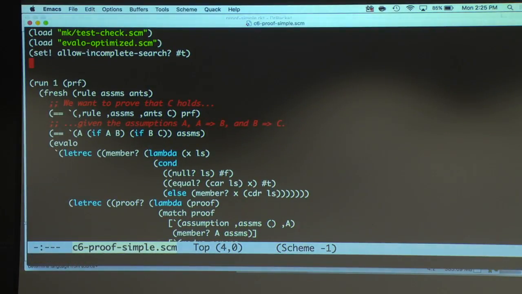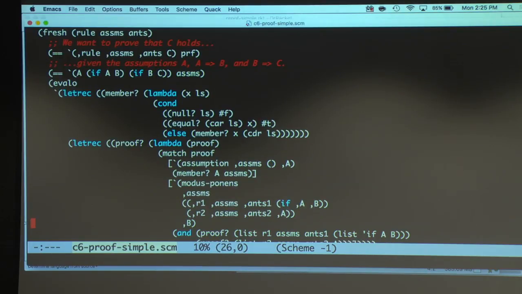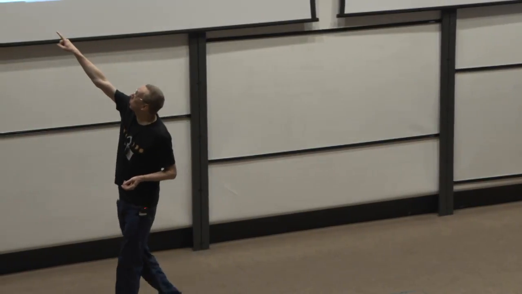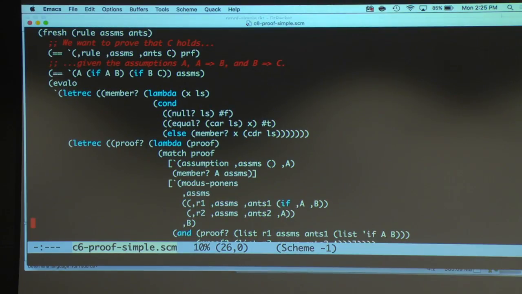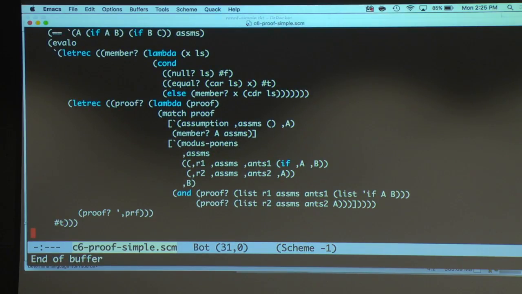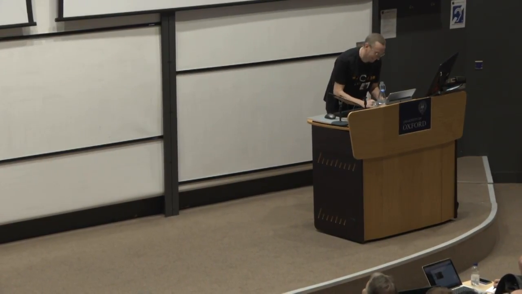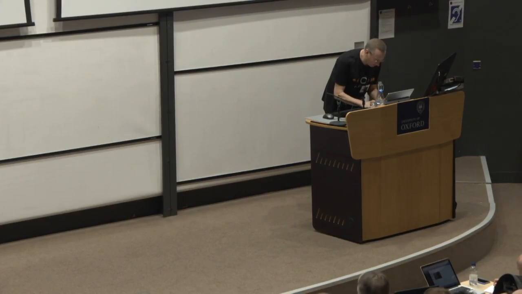OK, so now what we're going to do is take the code literally without changing it, stick it into our evaluate relational interpreter, and then we're going to do what? Replace the proof with Q, and we probably want to put a #t here as the output. What happens if we put a #f? We'll only generate invalid proofs, which we can do if we want, but let's say we want to.